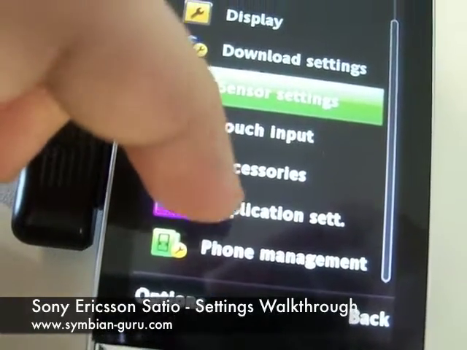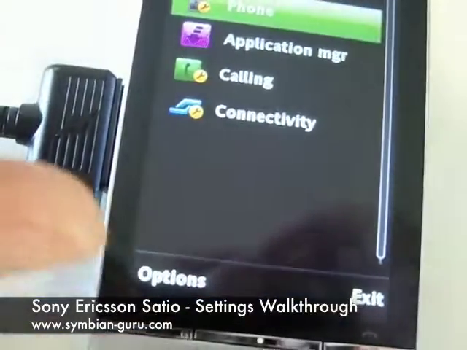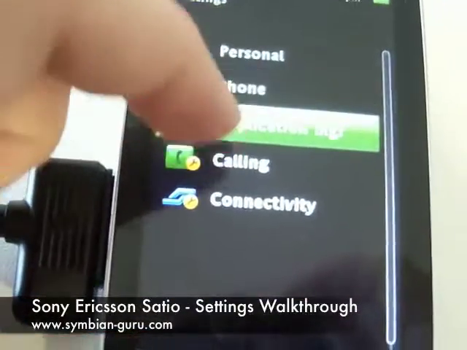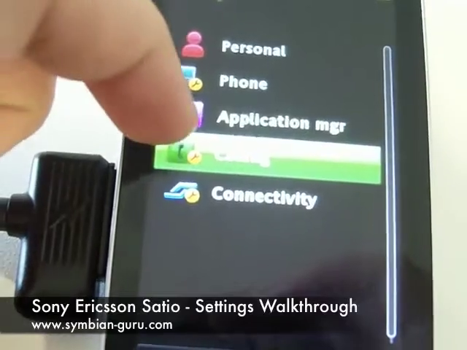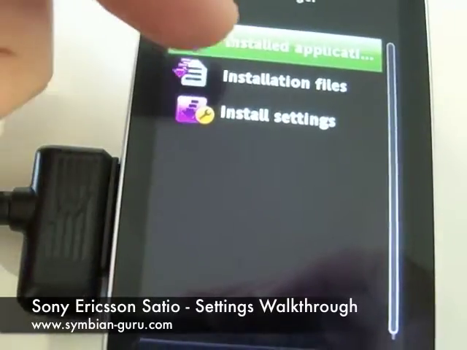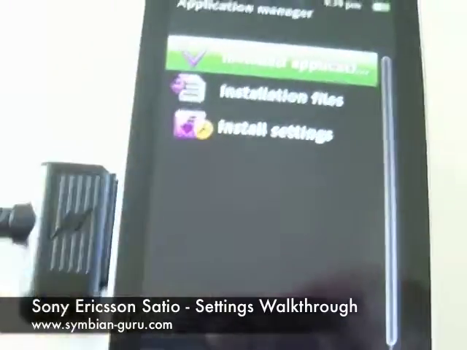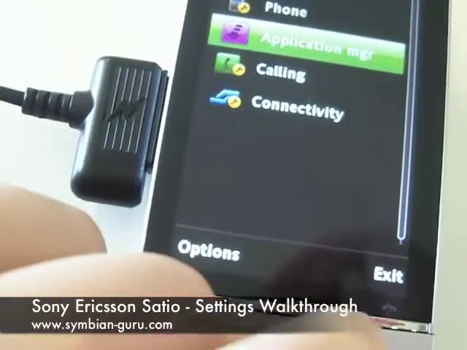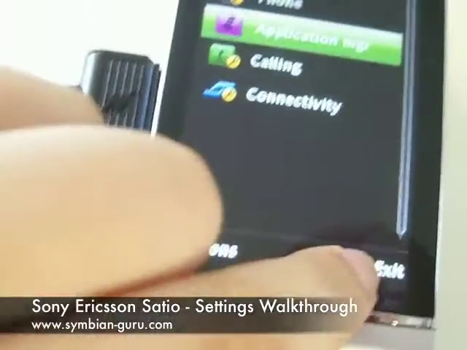Then we have, well, nothing major here. Application manager, well, very similar to S60 5th Edition, so you can see the installation files, as well as the settings to install anything. I have calling and connectivity. I won't go